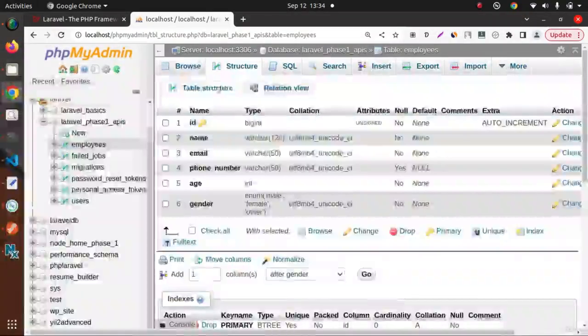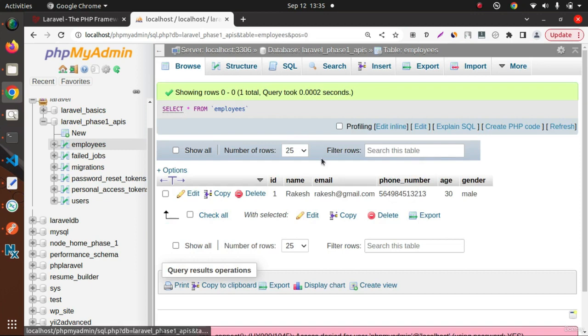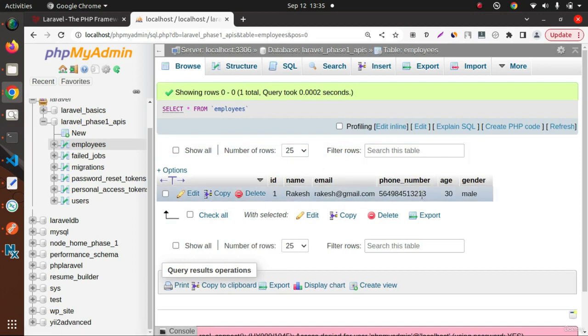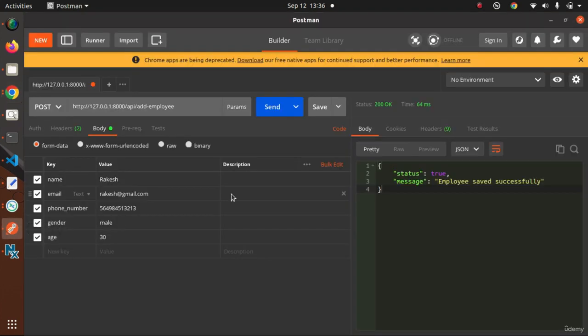Back to the database, go to the employees table, click on browse. Now we can see that our first employee is now created. Now let's see another way to pass our API data. So back to Postman. In this case we are using the form-data option. Now let's select raw here,